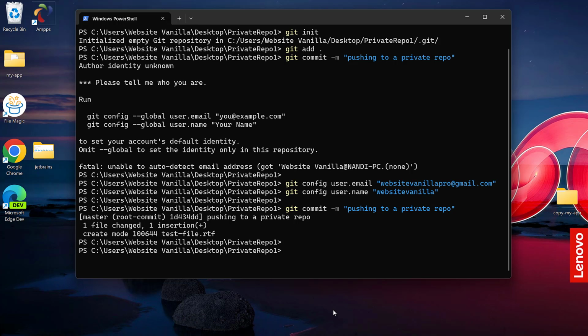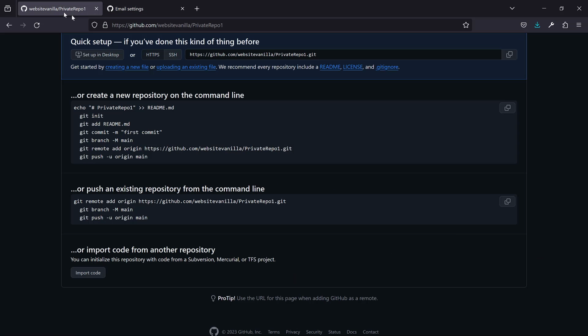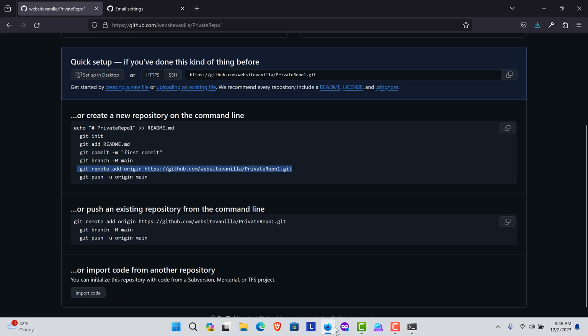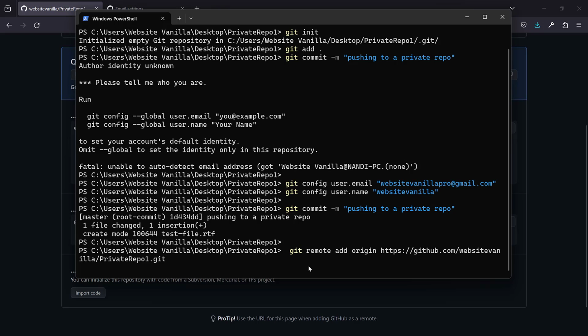Now here is where there is a difference between pushing to a public repository and pushing to a private repository. So let me show you. I'm going to go to my account here. You see this is a private repo. I've initialized, I've added all files, I've committed. I'm not using a branch, this is optional. I'm just using master. And then I'm going to do git remote add origin. Now you will see what happens. If I say git remote add origin and click enter,